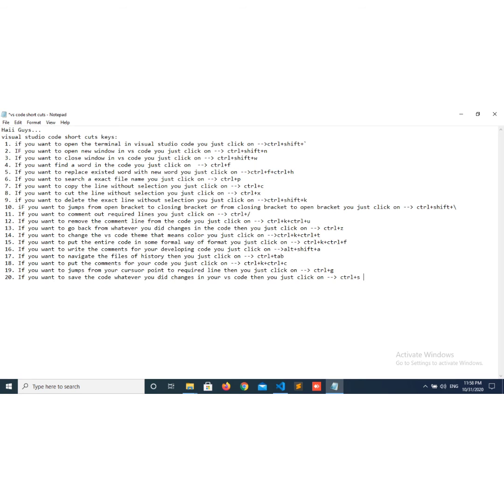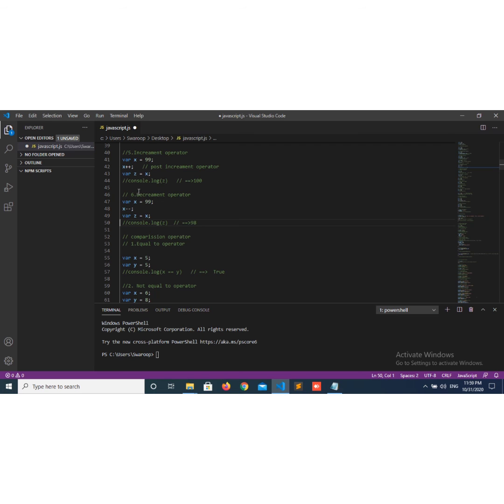But here you don't need to do it like this. You just click on Control plus K, Control plus S. In case you did changes in 5 files, all the files will be saved with a single command, Control plus K, Control plus S. Here actually I did changes in only one file.